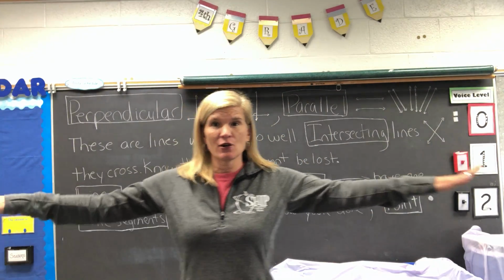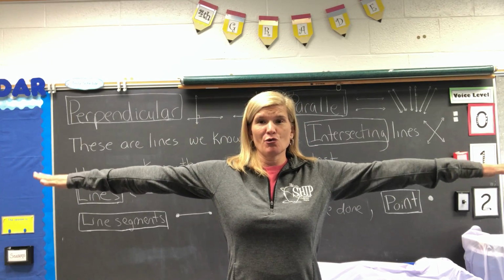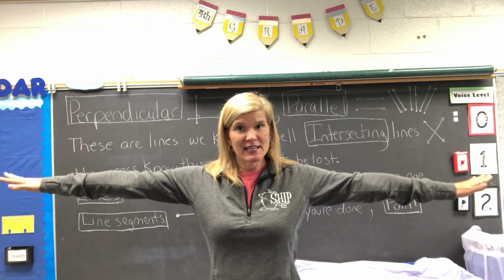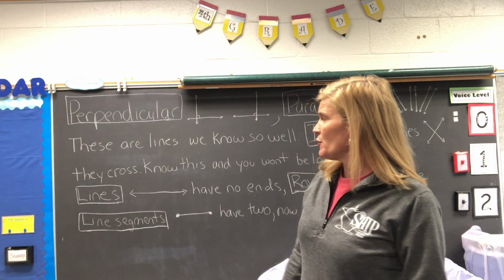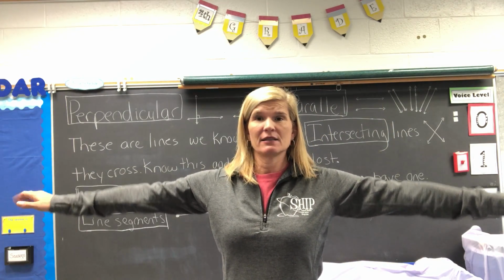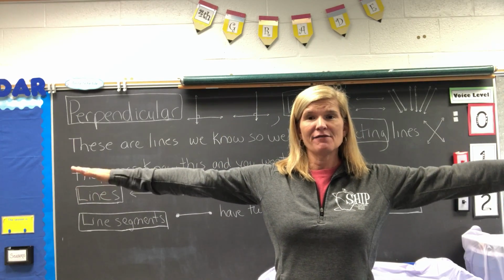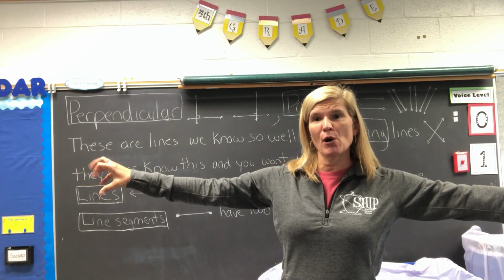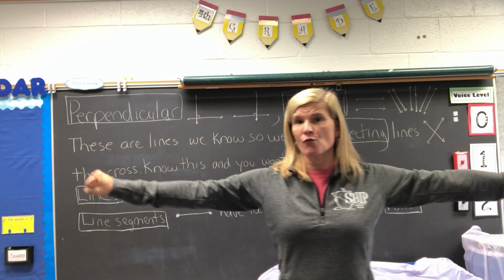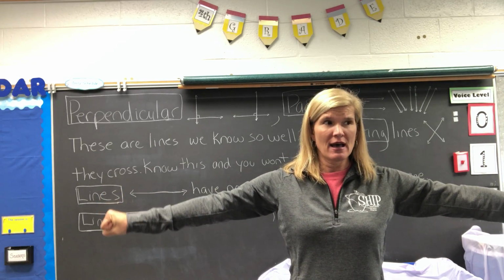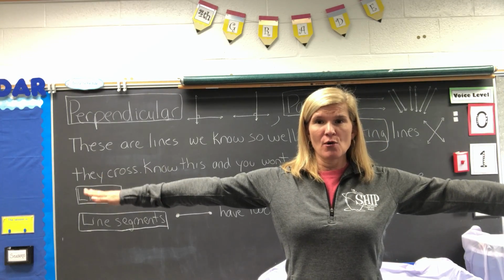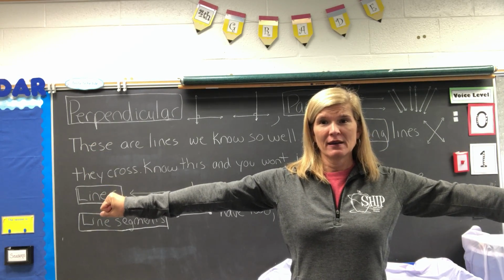So what you're going to do is you're going to take your arms and put them straight out, shoulder high, and we have our fingers actually extended so that the lines keep on going. All right, so what you're going to say when you put your arms out, you're saying lines have no ends. So lines have no ends. And then what you're going to do is you're going to ball up one fist but leave this one straight, and then you'll say rays have one. So rays have one end. Okay, so lines have no end, rays have one, and then